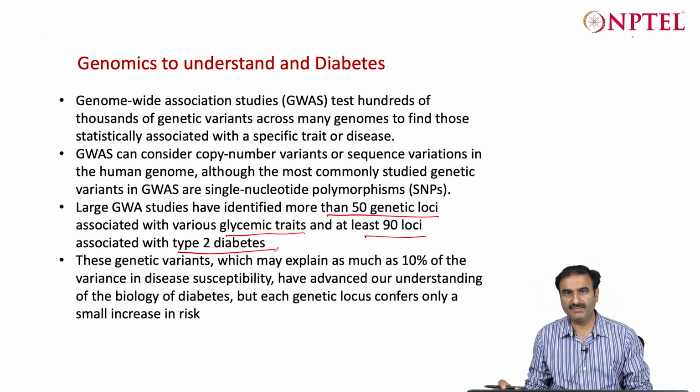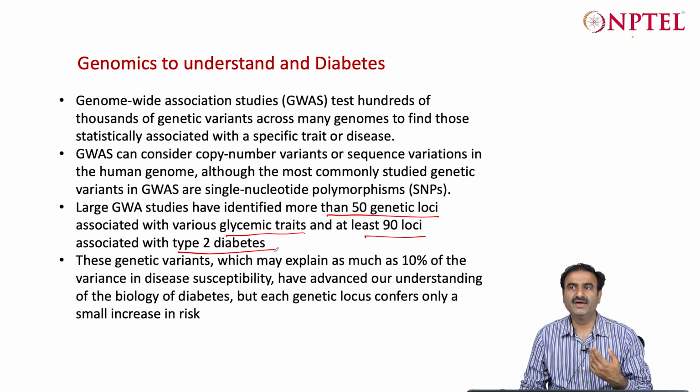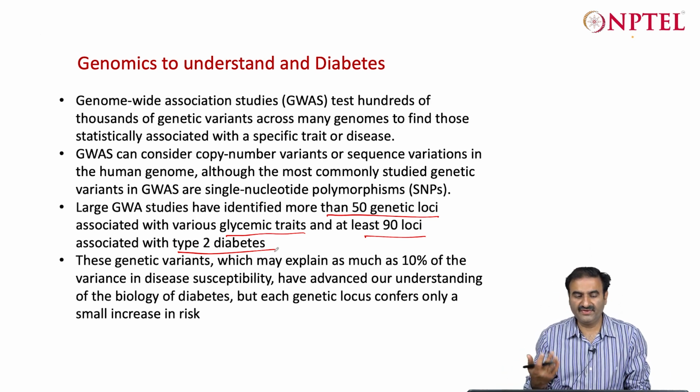Okay, so we'll see type 2 diabetes in the next slides, but this gives an example that there could be 50 or 90 different locations across the genomes, spread across the chromosomes, maybe in genic or intergenic or intragenic regions, or in the coding regions, which are actually responsible or associated with the disease traits,